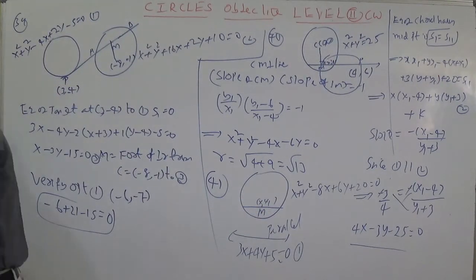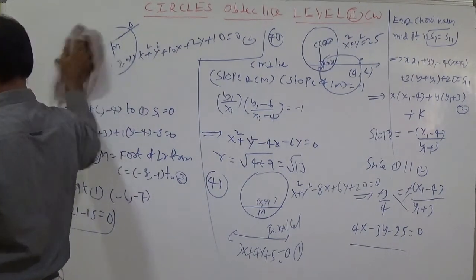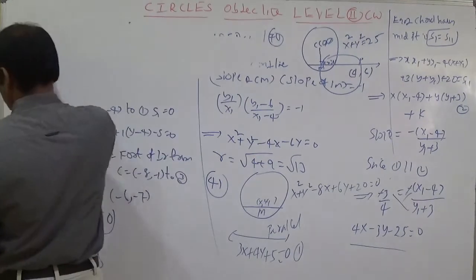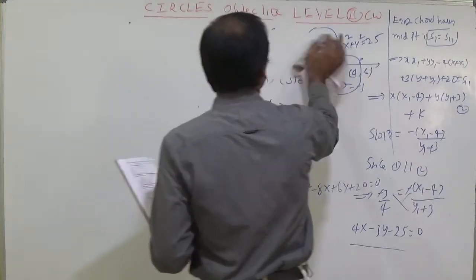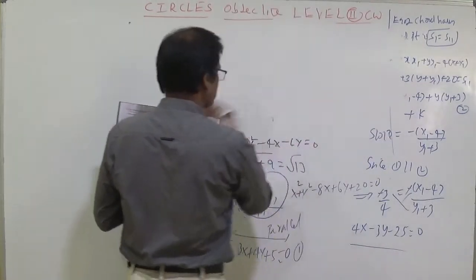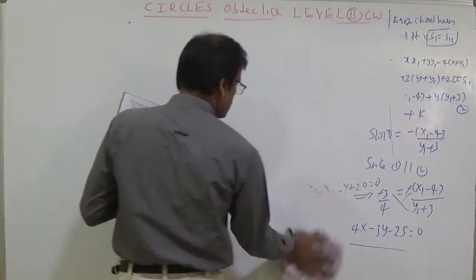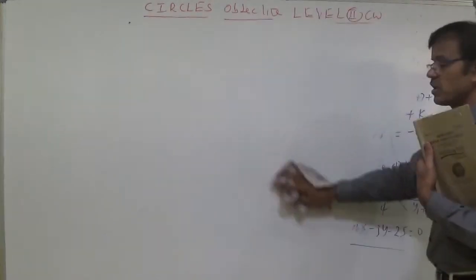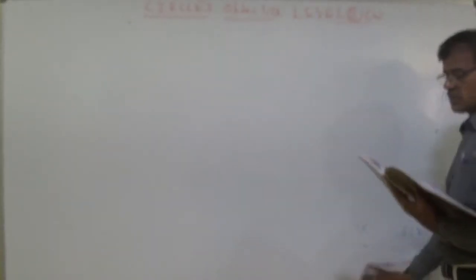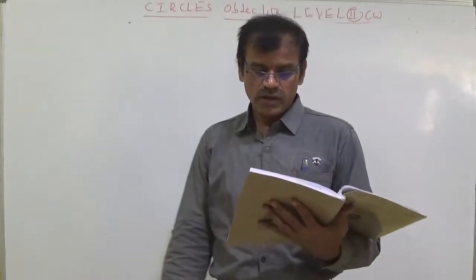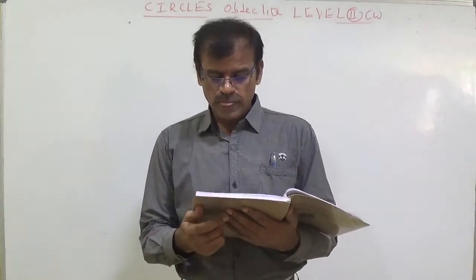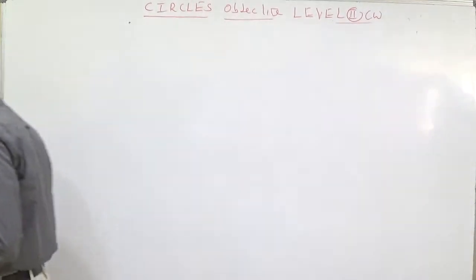Locus of midpoints of chords of circle x square plus y square is equal to r square, having constant length 2L. This question I said in the synopsis, students. 2L is the length of chord. Use the formula for the length of chord, 2 root r square minus d square. Then 2 and 2 get cancelled. R square minus d square becomes L square. Using the center 0, 0 to the line, with x1, y1, the distance is d. You get the answer x square plus y square plus L square minus r square.